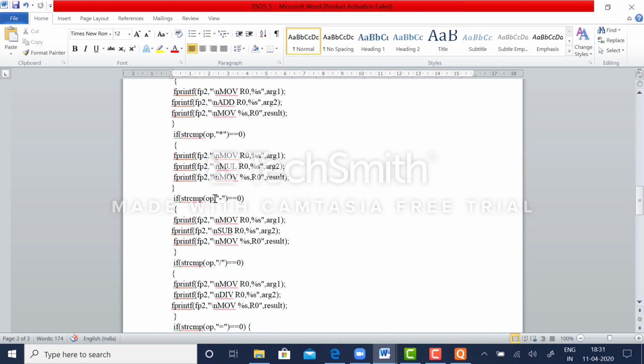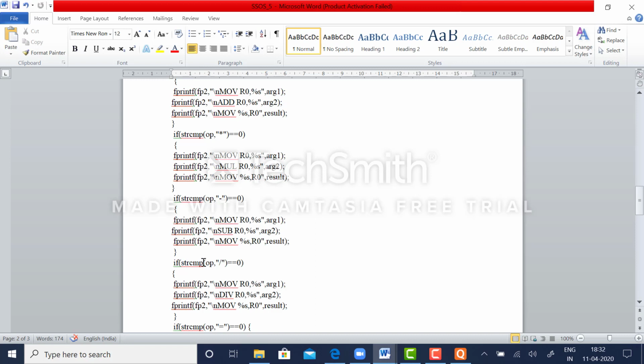If the scanned operator is minus, or a subtract operator, you have to move argument 1 to R0, subtract argument 2 from R0, and finally the result of subtraction will be stored in R0. This has to be stored into result.